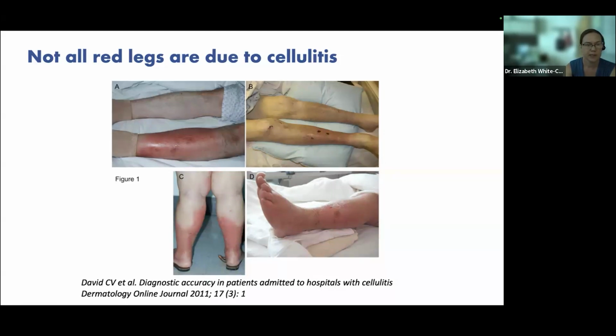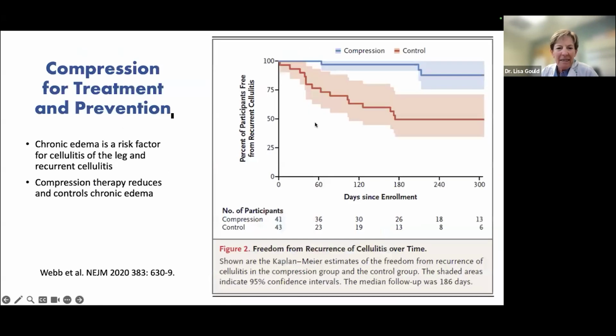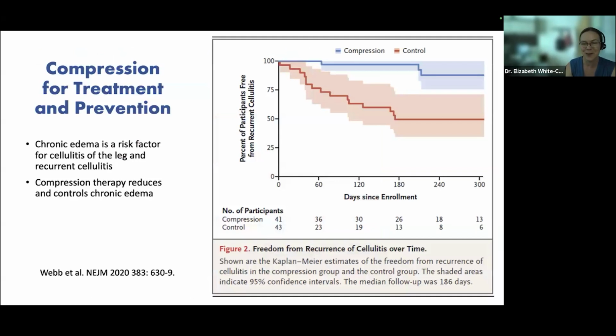Okay, next. There we go. So this is one of my favorite studies. What I loved was the infectious disease doctor brought it to my attention and said, "Foy, we were right all along." So this was back in 2020, where they did a hospital study. They randomized people who came in with cellulitis of the leg; they had criteria in determining whether it was cellulitis, and an infectious disease doctor was involved.